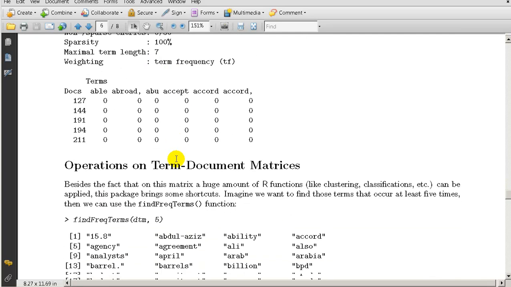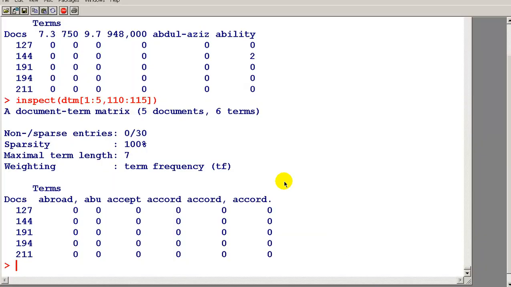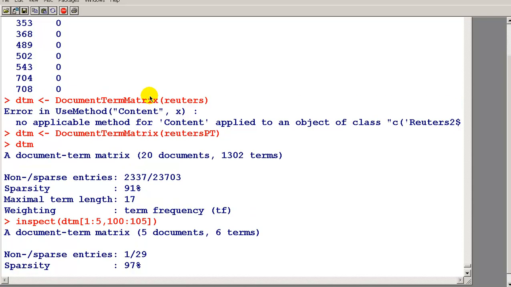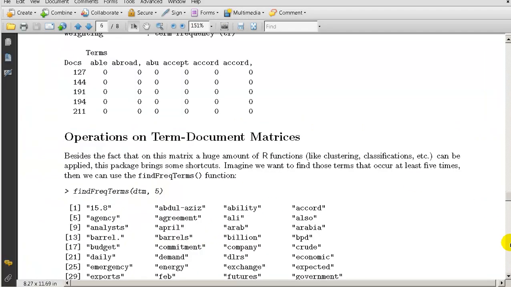I know there were a huge number of terms right here: 1,302 terms. But when we say they have to be in at least 40% of the documents, we only get